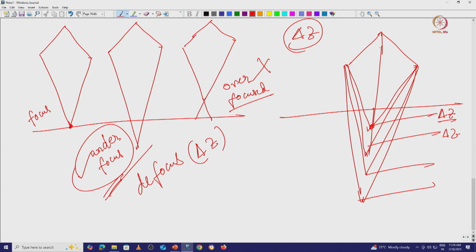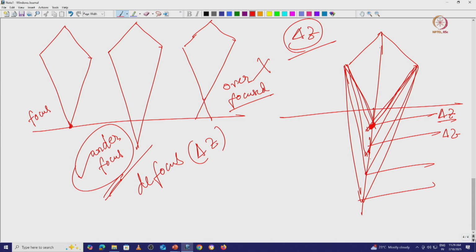So in those particular cases, delta z also affects your CTF. Why? If you consider where your image wave is coming and merging, at this particular delta z value your wave is merging here, but when the wave is merging somewhere here or somewhere here, it has to travel more, the path length is going to change, and that is going to affect how they transfer the contrast that we are recording. So this is how delta z is directly connected with the contrast transfer.